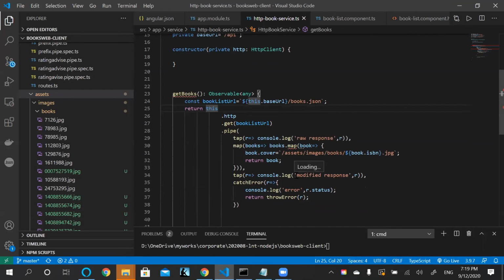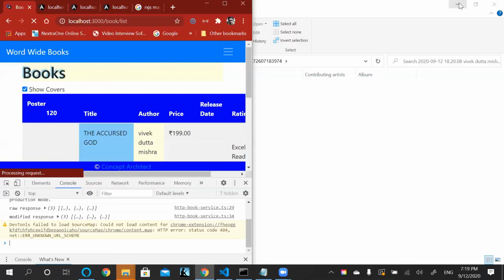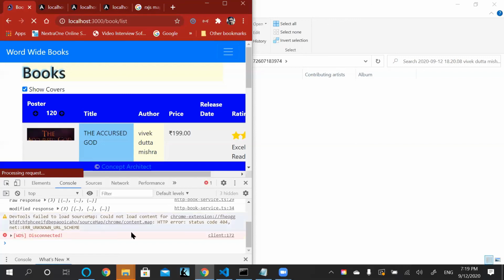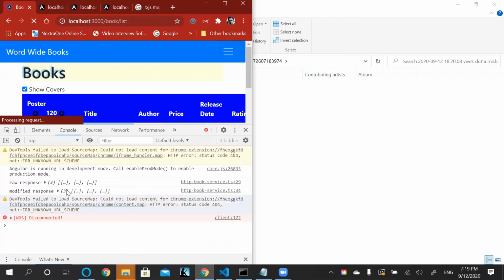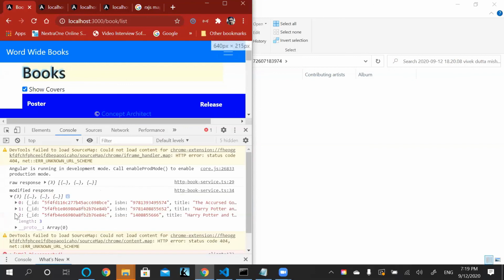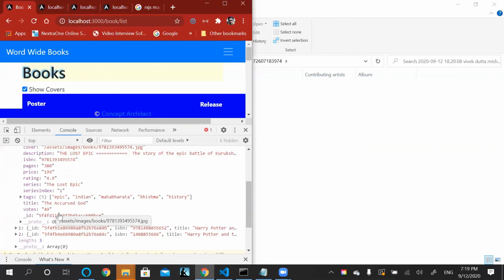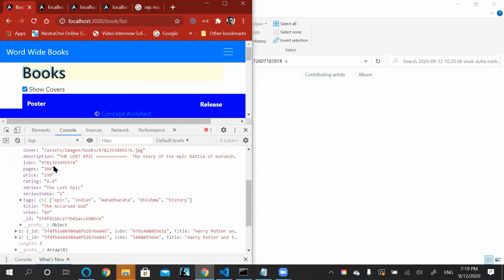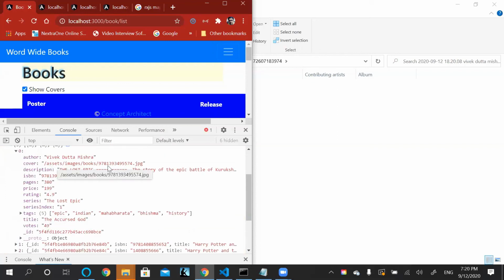And now when I go back to my service, we see that we have a modified response, and if I expand this modified response here, we still have the ID, votes, tags, but now I also have the assets images books and this .jpeg as the cover and the description.